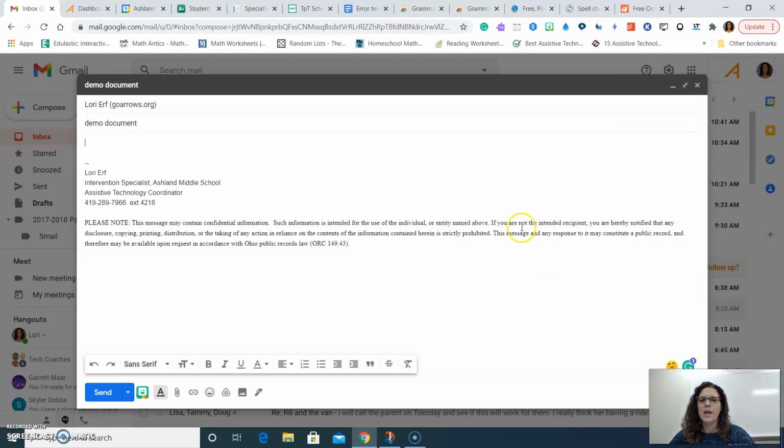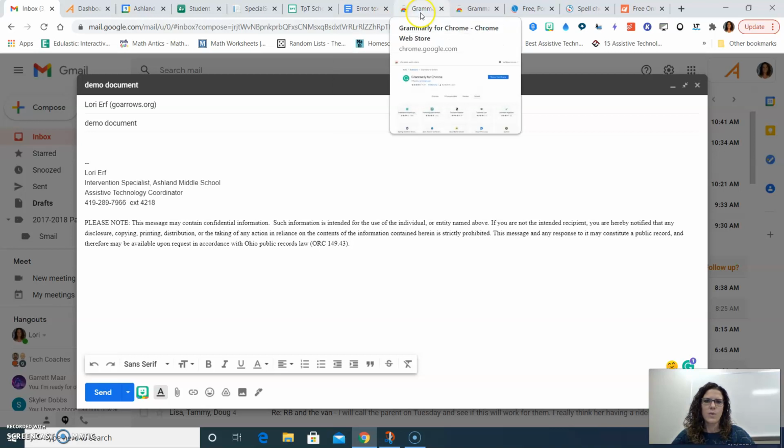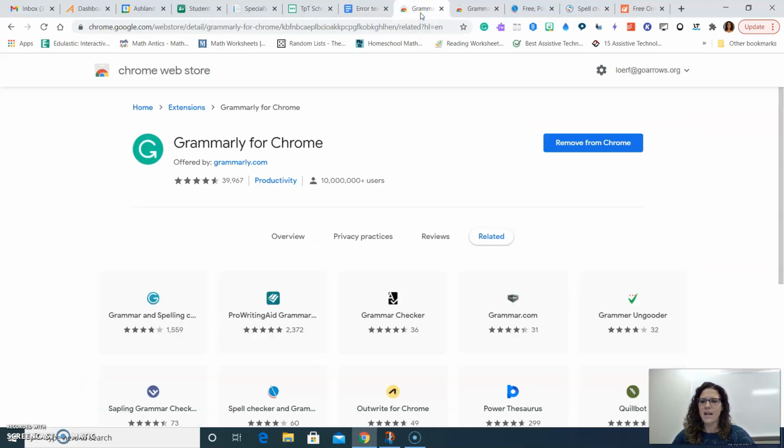I do use Grammarly quite a lot, but like I said, I just don't know if the newer versions are as feature rich as what I'm using because I've had it so long. And maybe also the longer I've used it, the better it has gotten. So I don't know if maybe the more you use it, it starts adding in better functions for you. But anyways, I do really recommend Grammarly still if you want to try it